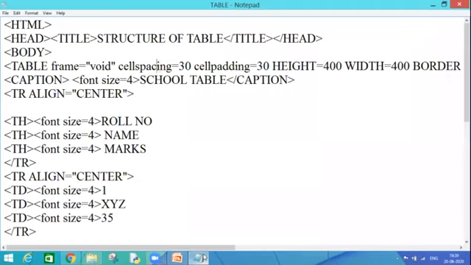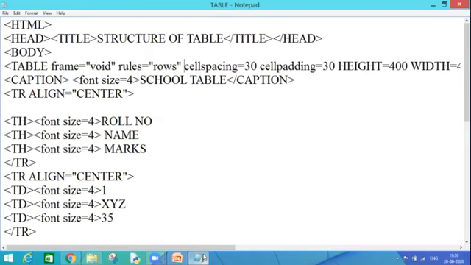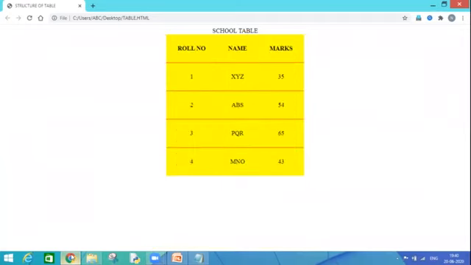Now, how will it work? Let's have a look. If I write rules is equal to rows, we have learned that only between the rows my border will appear. Control S, go back, F5, as you can see.